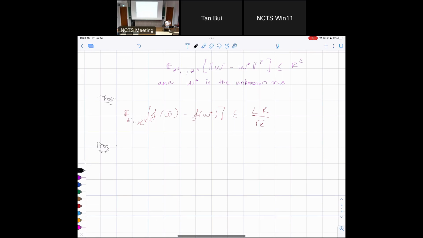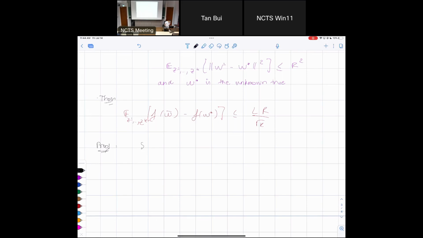We use exactly what we did before. Okay, so because L, right? L is Lipschitz. So actually, I'm going to ask you to do this if we have time. So we see that the gradients we have